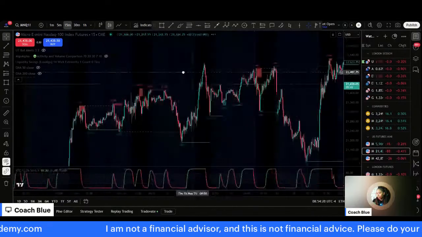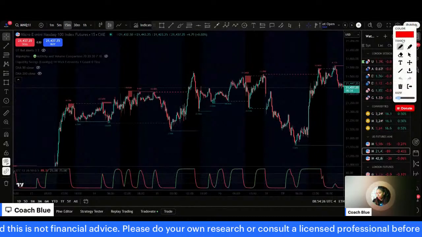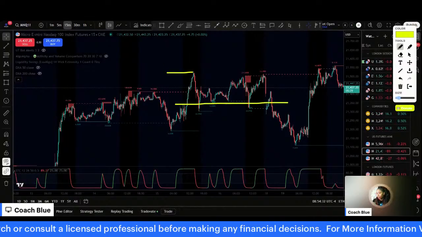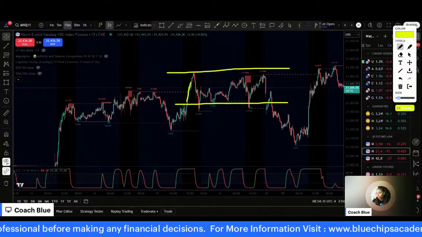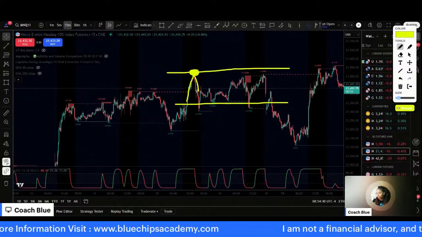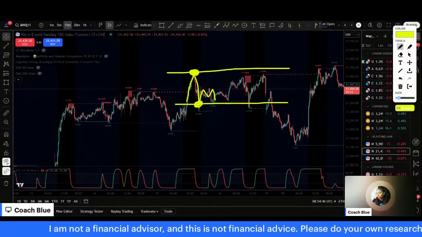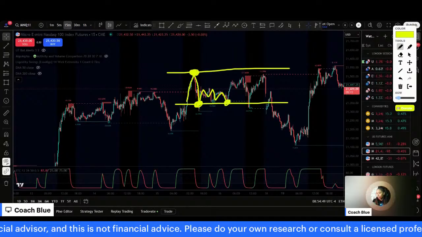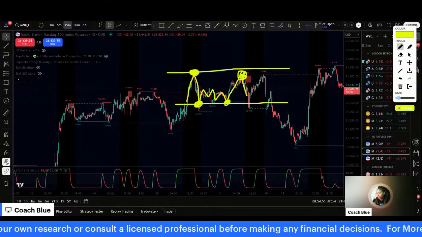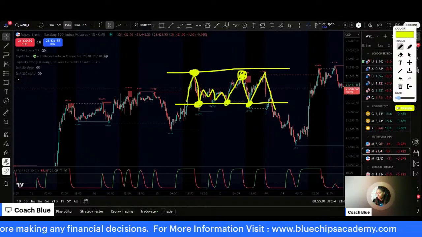Now range, let's see if we can find a range. Here's a little range example. If we look at this, between these areas right here, price was ranging. It came up here, what did it do? There was resistance. We'll talk about resistance in a minute. And it sold off. Came down here, what did it do? It found support, bounced a little bit, found support again. And then it went up, came back near this area, found resistance, sold off. Came back to this area, found support. And then it finally broke through.